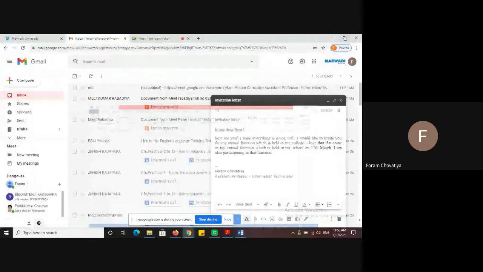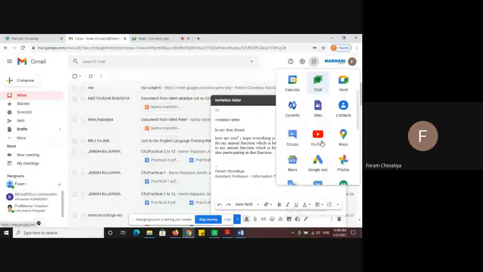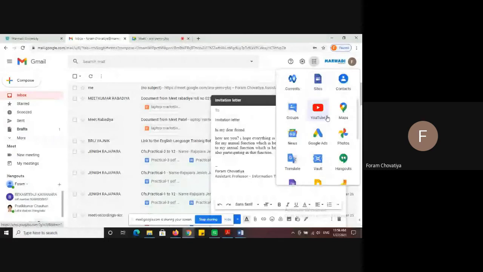Then you have to set your map location, your college address. Go to Drive. Otherwise, in the Google applications there are some maps available also.